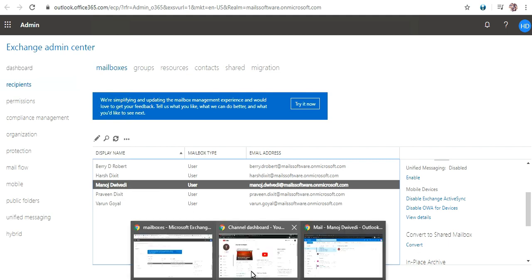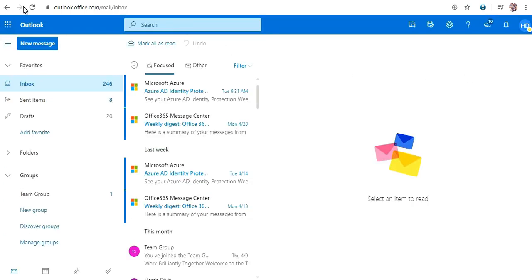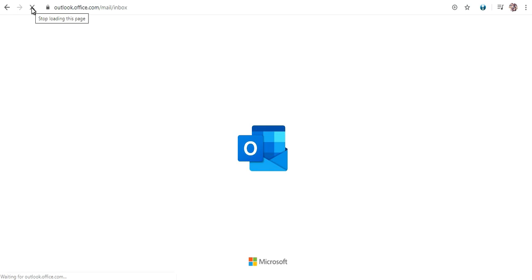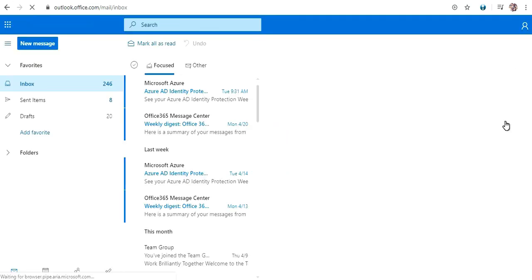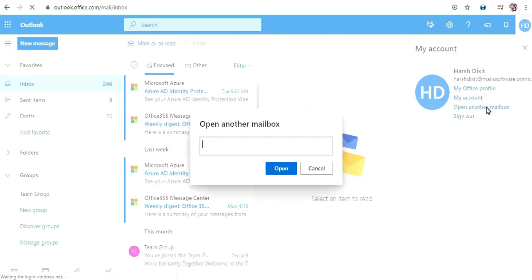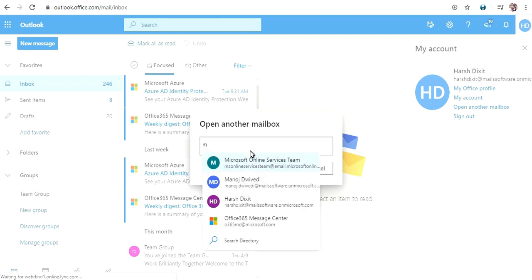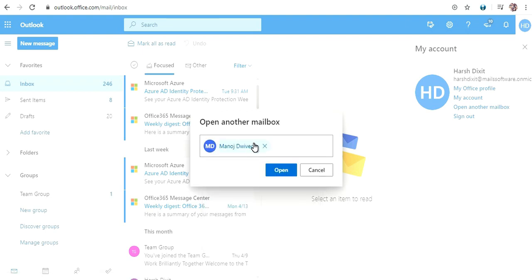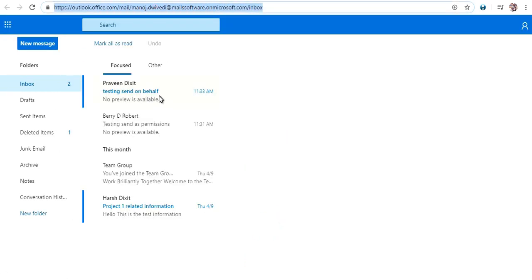Now we will go back to Harsh Dixit and check if we can open Manoj Dwivedi's account. Just click on Harsh Dixit, open another mailbox, type the name of the mailbox whose permissions you have, and then click on the open button. Now see, you can even open Manoj Dwivedi's mailbox if you have permissions.